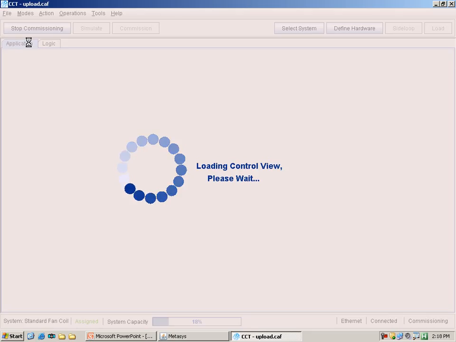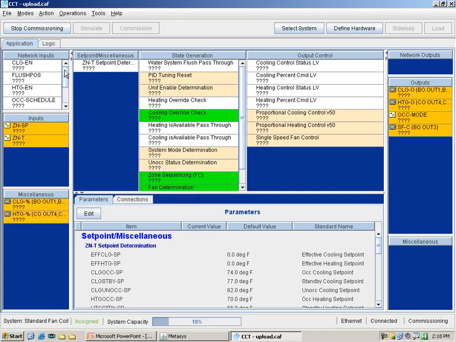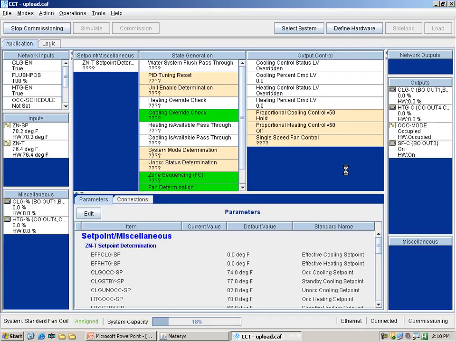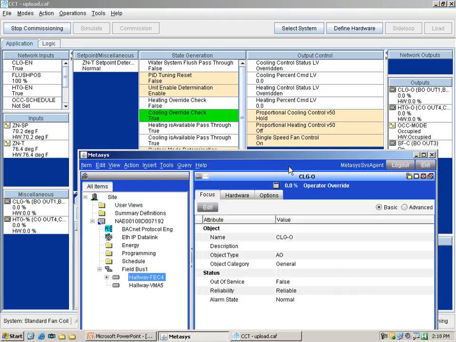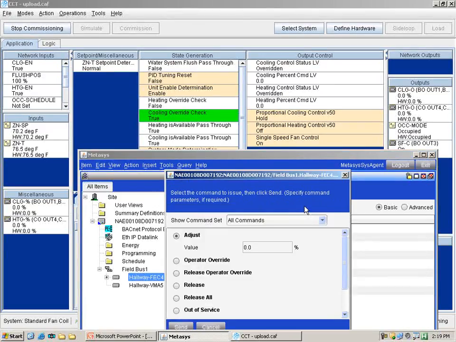I'll go back to the application tab, and we can see that the proportional cooling control is on hold, currently at 0%. So if I go back to Metasys now and release this override, we'll see the cooling output. Before I send that out, keep an eye on this one here. This is currently 0%. When I release the override, it's going to start at that 0 and then start modulating